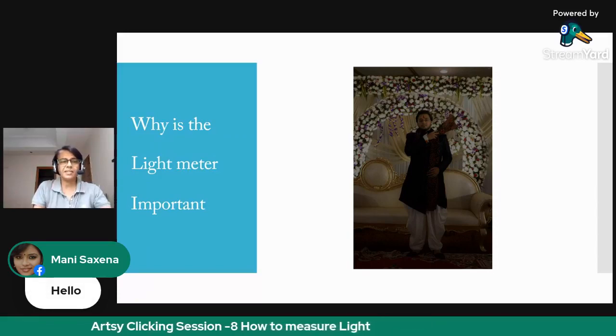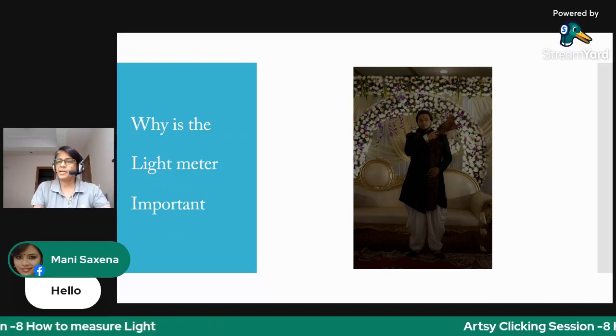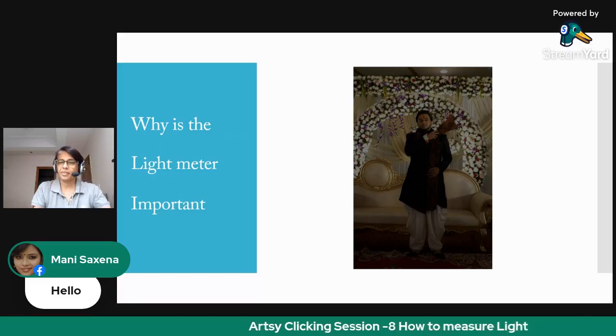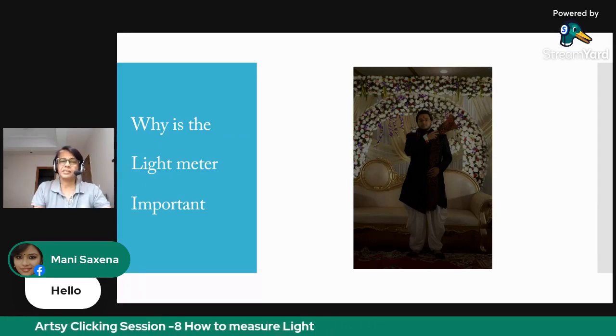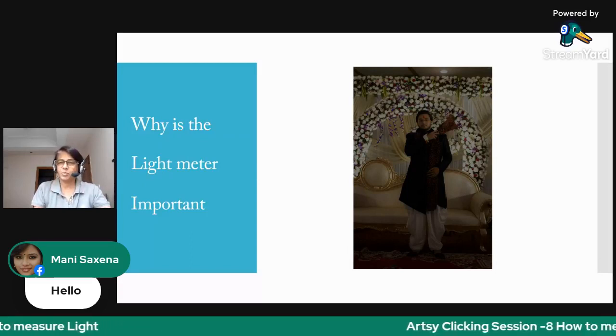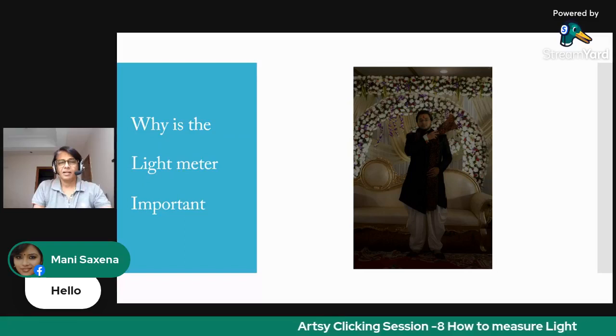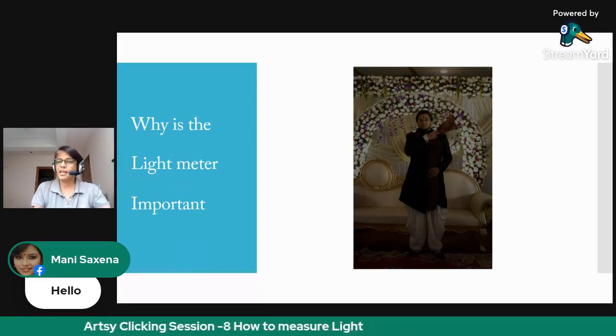So, why is light meter important? One might say one can deal with it in post processing. If we get an overexposed shot or an underexposed shot, like this is an underexposed shot, you may say that we can deal with it in post processing using editing software.